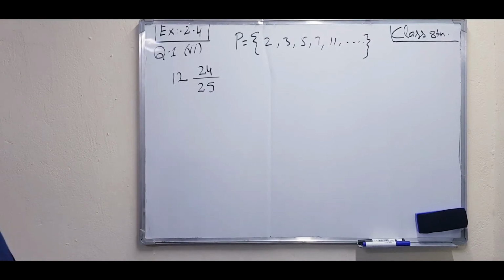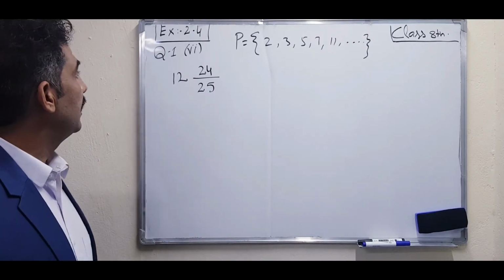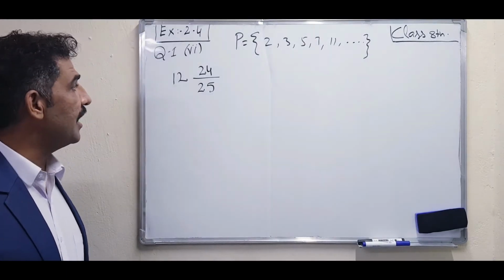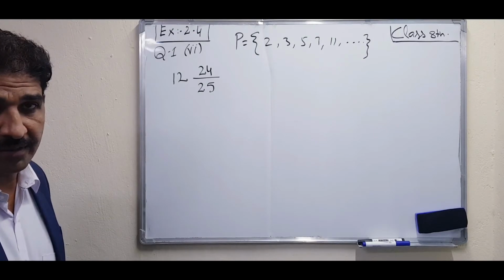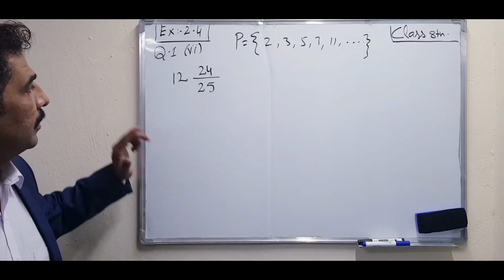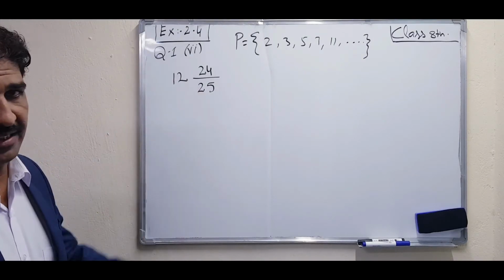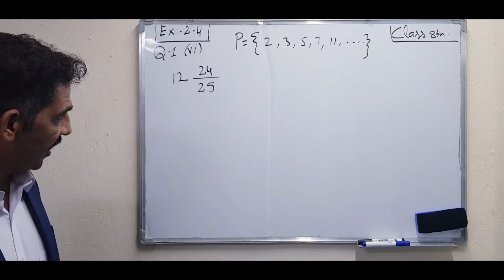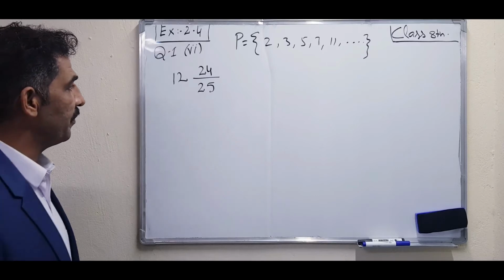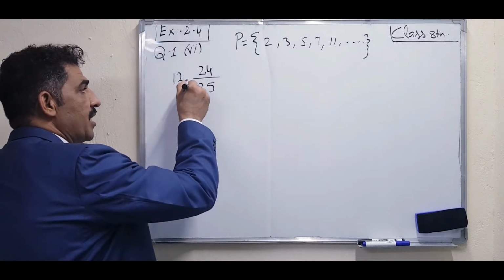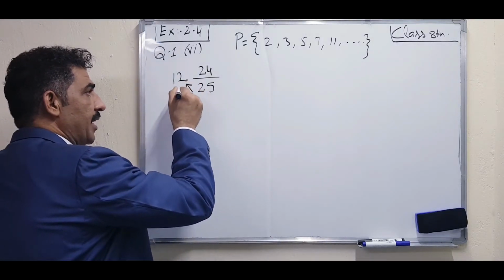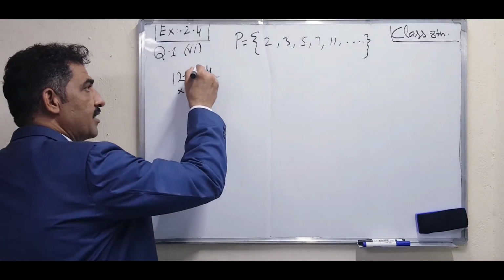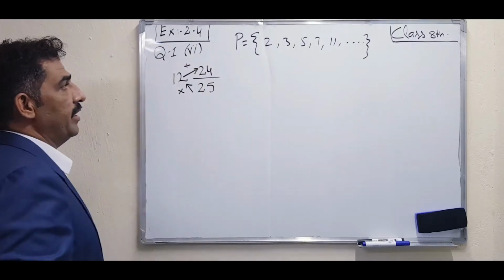Now our next question of the same question number 1, but part is 6. Here we are having a mixed fraction, meaning quotient, remainder, divisor. First of all, we have to convert it into an improper fraction. And how to convert it to an improper fraction? This denominator will multiply by this, right? Then after that, to the answer we will add the remainder.